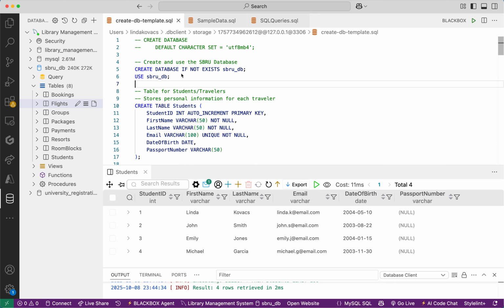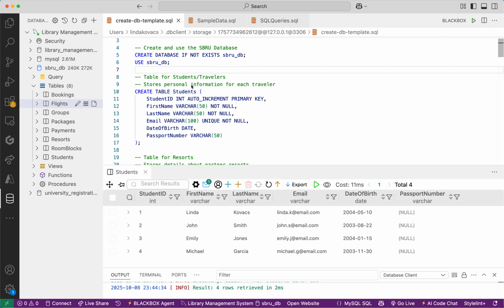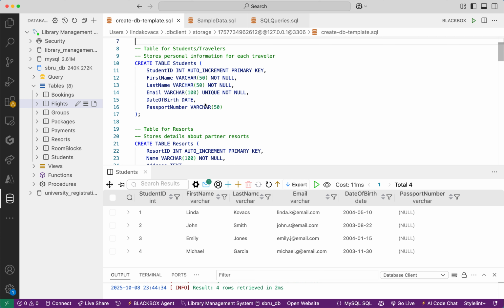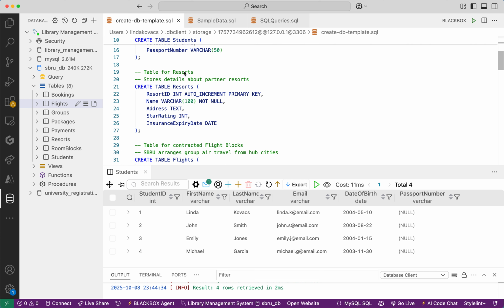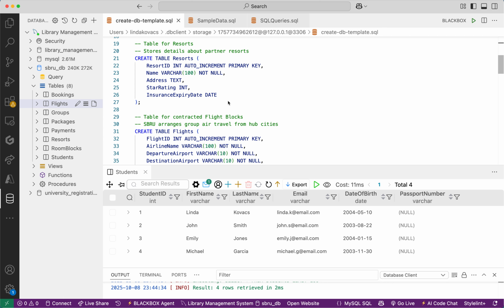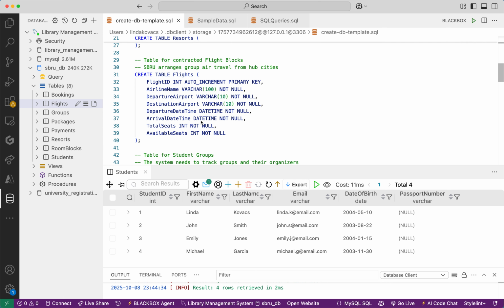Here you can see the queries I created and stored in a SQL script file for version control to create the tables for our database. First, we start with creating the database itself, then we move on to creating the tables, such as the students table with all the fields required as designed in our ERD, then the resorts table, next the flights table,